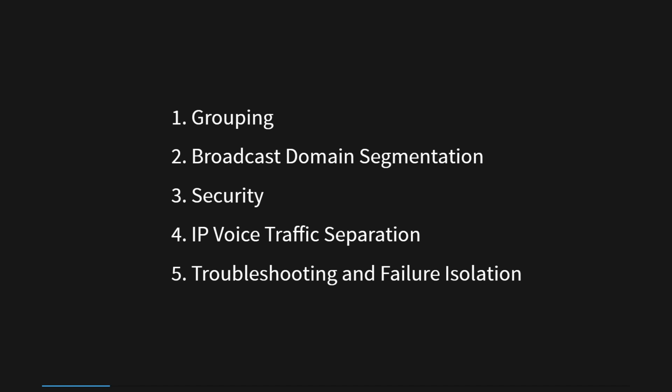VLANs can separate IP voice traffic from data traffic. This segregation ensures that voice traffic is prioritized and delivered with low latency and high quality, separate from other types of network traffic. 5. Troubleshooting and failure